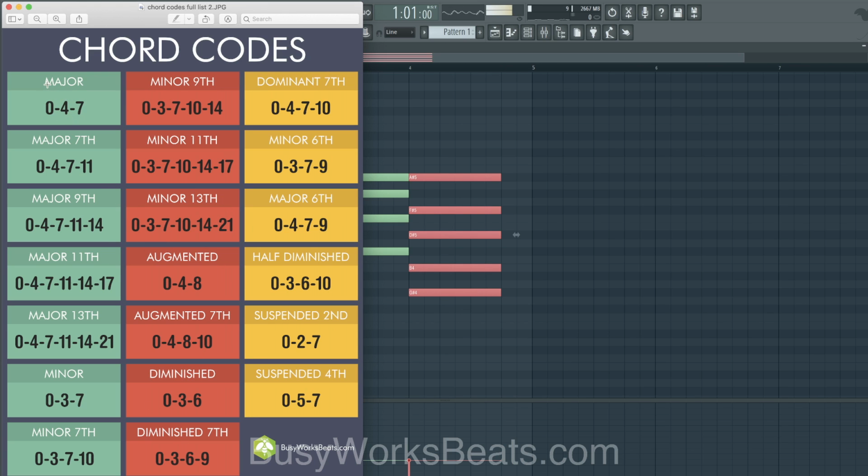The quick way to navigate is major, very vanilla sounding, like the Weeknd type of main pop. Any kind of seventh chord is going to be for R&B type tracks. It's lush, but not too lush. Ninth chords are getting into the jazzy realm. Rarely do we use major ninths. I'm not going to say never, but just rarely. It's just not a super used chord. Major 11th, the same, not really a super used chord.